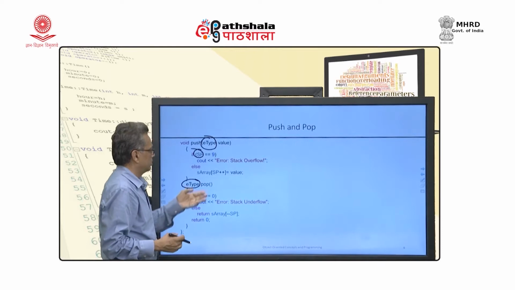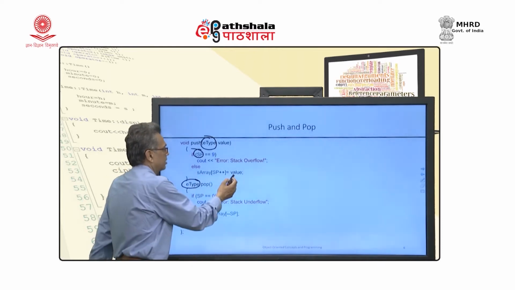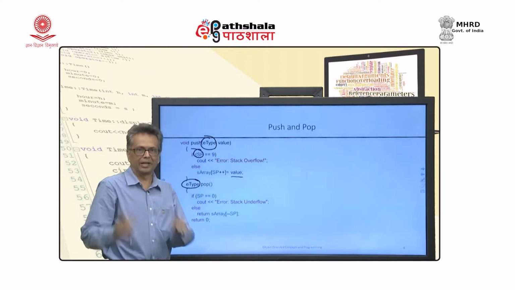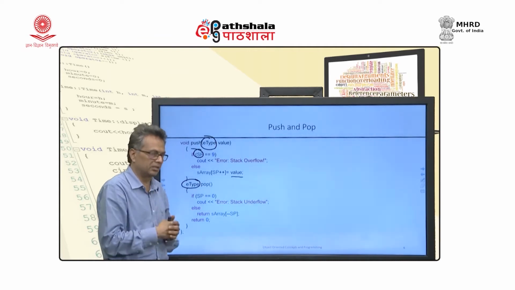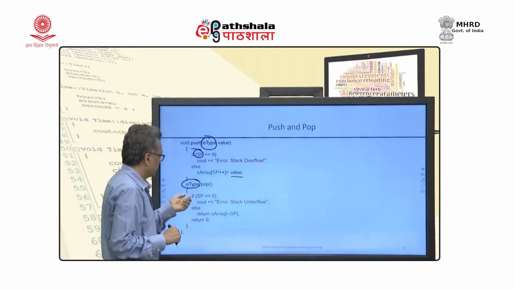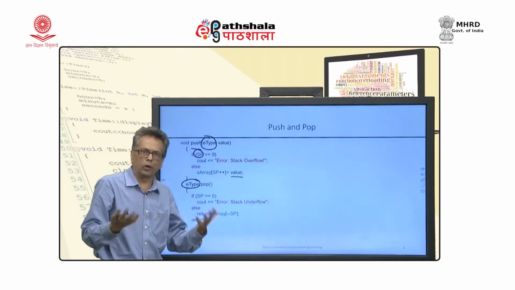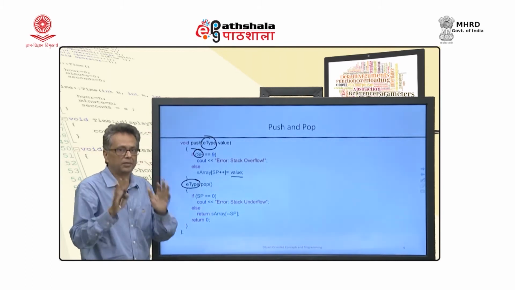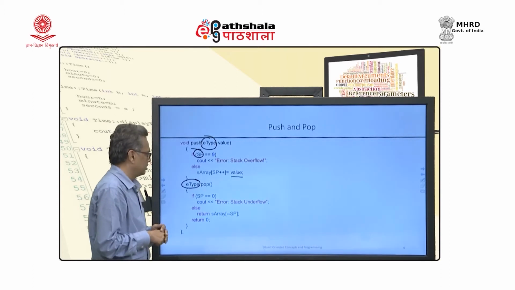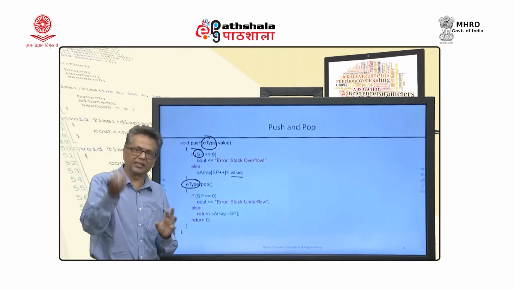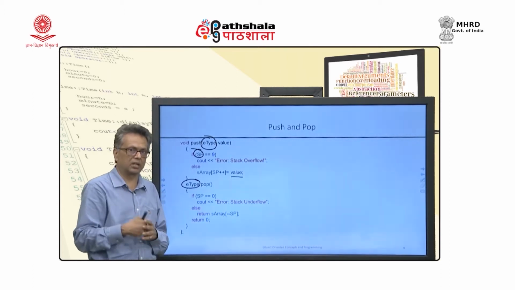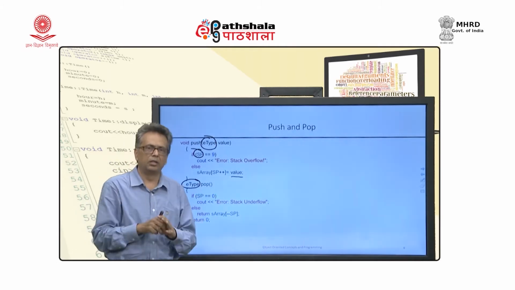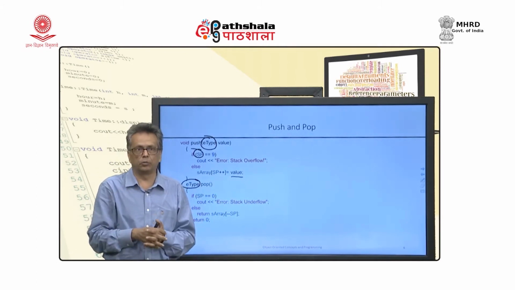Otherwise, we add that thing to an array element and then we increment the stack pointer. And when you are trying to pop, and if the stack pointer is already 0, there is no element in the stack, we say that there is an error. But otherwise, we take that value out and reduce the stack pointer by 1. So, it is a very simple push and pop operation that you provide on stack.